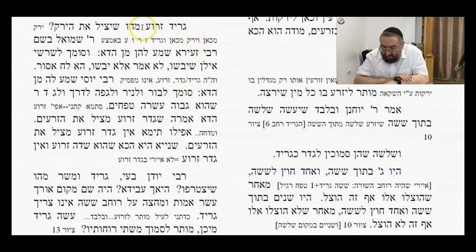Grid Zerua, a dry patch that's again seeded, covered with plants, can that save the vegetables in the fields on either side from kilayim? Do the plants growing on the fence or in this dry area make a chatzitze, or make a gap between the different species in the two fields? Rav Shmuel v'shem Rav Elazar Shama Lamin Hada, he learned from the following: